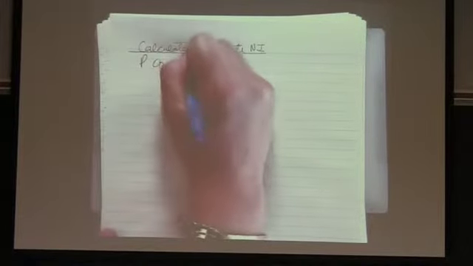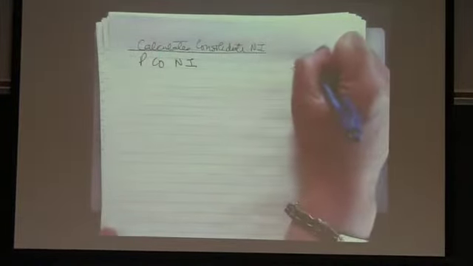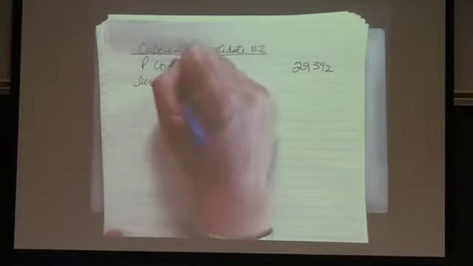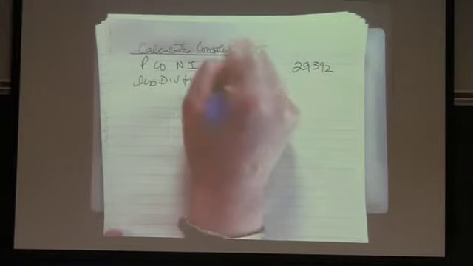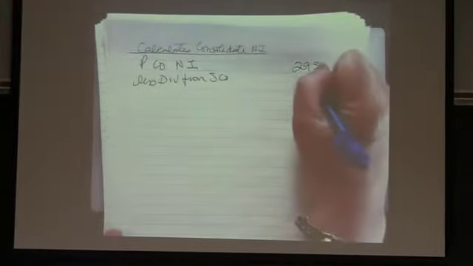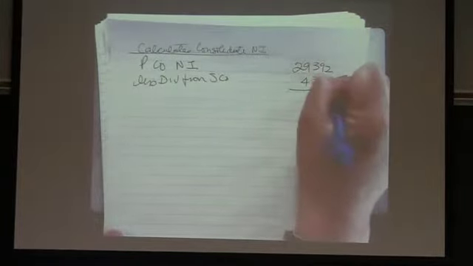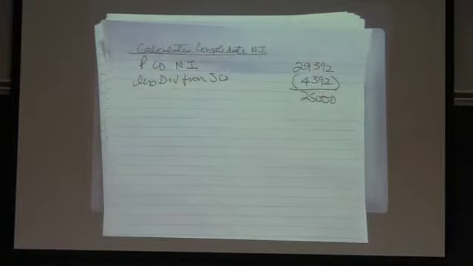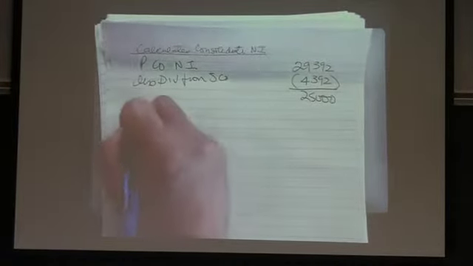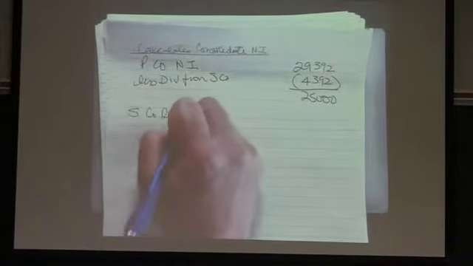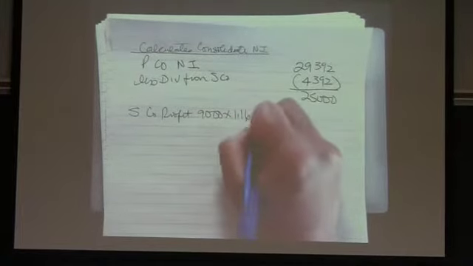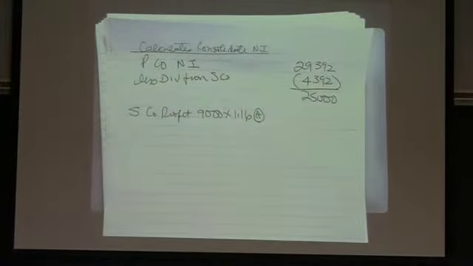So starting with P company net income, of course, that was $29,392. We subtract dividends. And again, this is the same as the other analysis that we just did under the temporal method. Now, profit of S company. We know that the profit of S company was $9,000, but we know that because the profit is translated at the average rate,